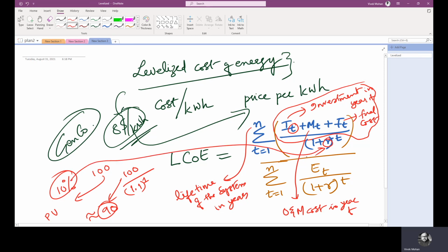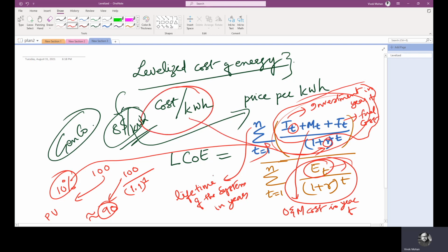Okay. So levelized cost of energy, the numerator is already defined. Then what is the denominator here? ET divided by 1 plus R, the whole raised to T. ET is the electricity yield for the year T. So basically this is the cost, this is the energy, so we'll get cost per kilowatt hour. The total production cost is what is levelized cost of energy, which includes both variable and fixed cost. See, the fixed cost is investment